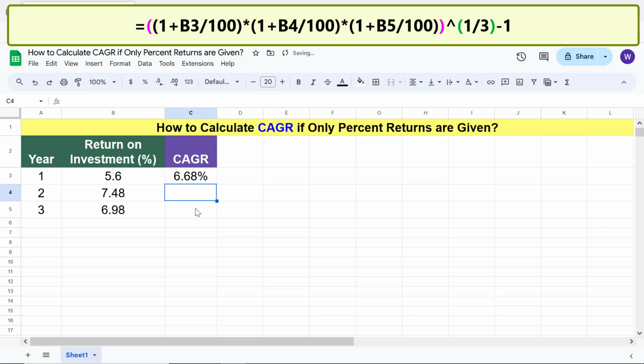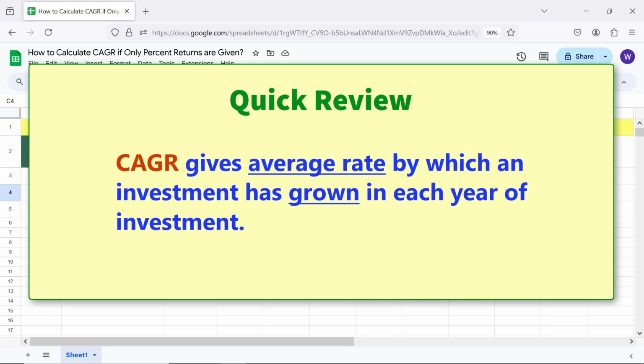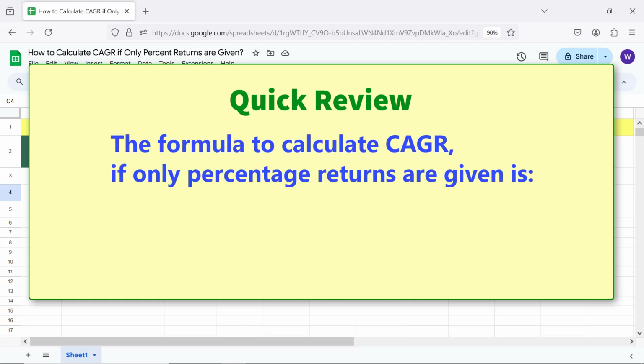Press enter. Alright, this value gives the average growth rate of the investment in each year of the investment time frame. Quick review. CAGR gives average rate by which an investment has grown in each year of investment period. The formula to calculate CAGR, if only percentage returns are given, is: